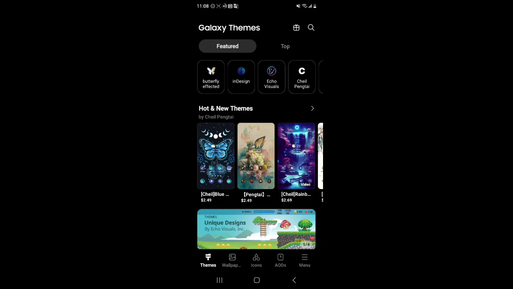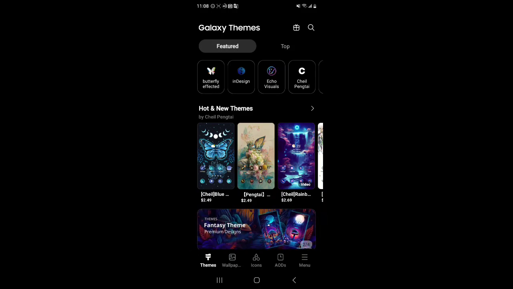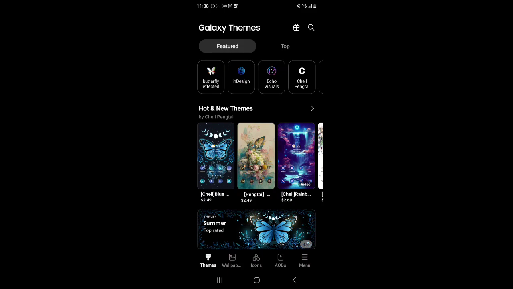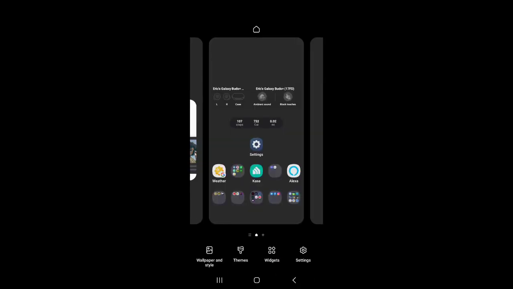Okay, so if you want to theme out the device to your heart's content, you do have a shortcut to the gallery store, in particular the theme section, and it lets you change everything. Also, if you want to theme out the device even further, I would recommend you download an application from the gallery store called Good Lock, and that will let you pretty much customize your gallery device to your heart's content